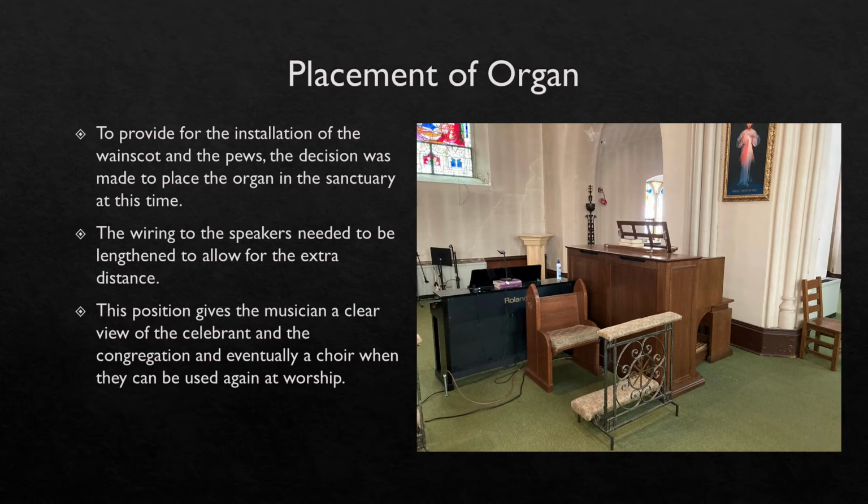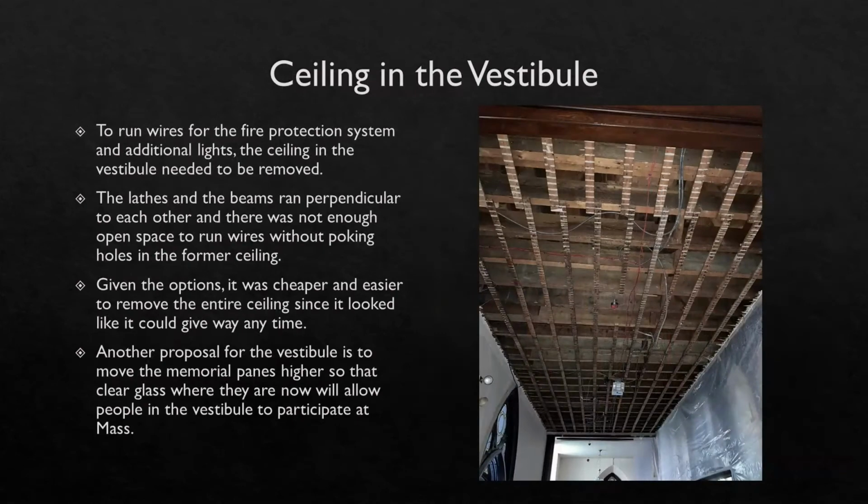Our vestibule has gone through some major changes. In order to be able to run the wiring that we needed for the fire prevention system, as well as some new lights out there, we needed to remove the ceiling. It was not in the best of conditions. It was a little too close to the rafters and the beams that are there. So we've removed that, and now the fire alarm system, as well as some new lighting, is there. You'll be able to see some of that when you come in this weekend, and be able to see those